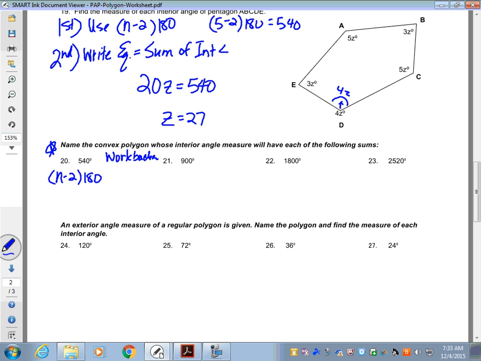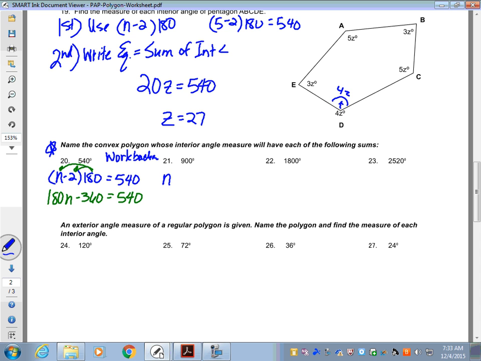For number 20, the sum is 540. So it equals 540. To solve this, I'm going to have to find the n. And in order to do that, there are 2 ways I can do that. I can distribute and get 180n minus 360 equals 540, and then solve for n. So we're going to add the 360 and then divide by 180. Or